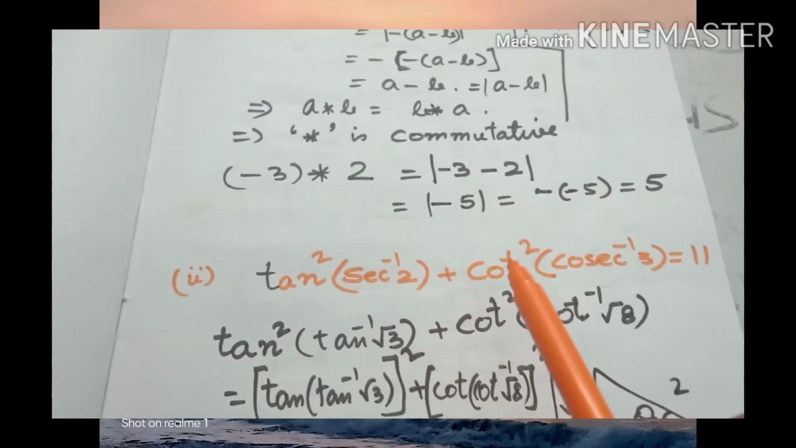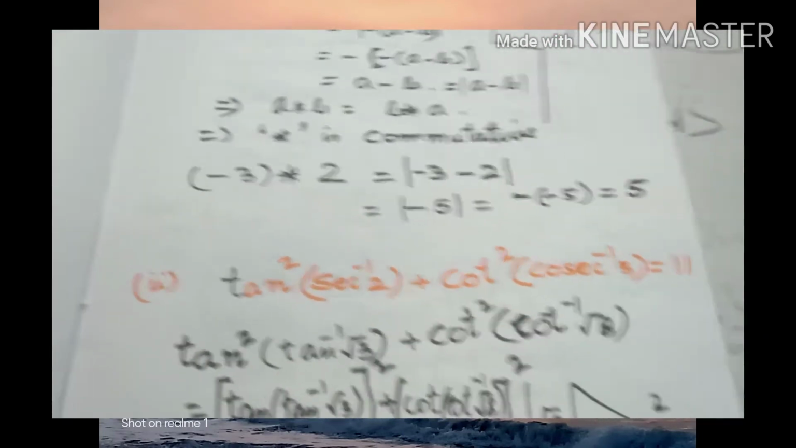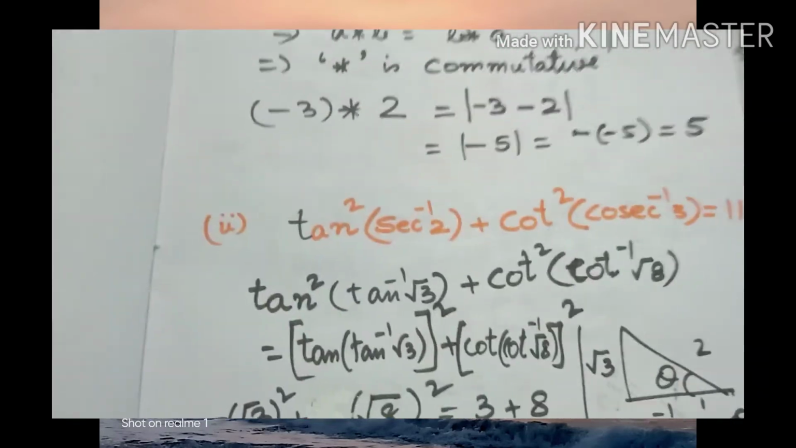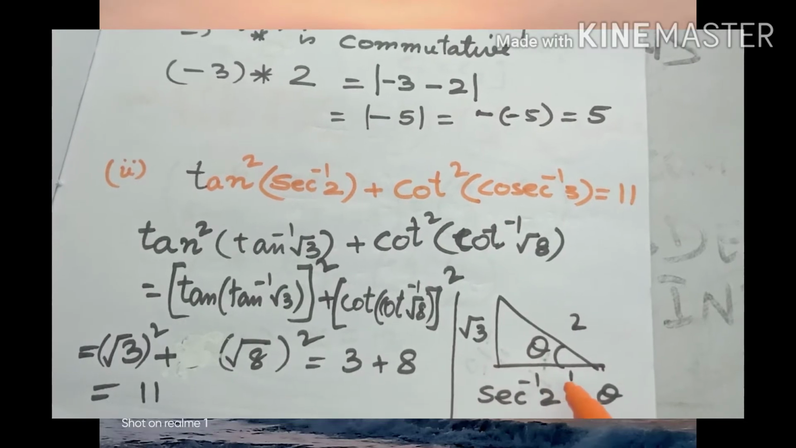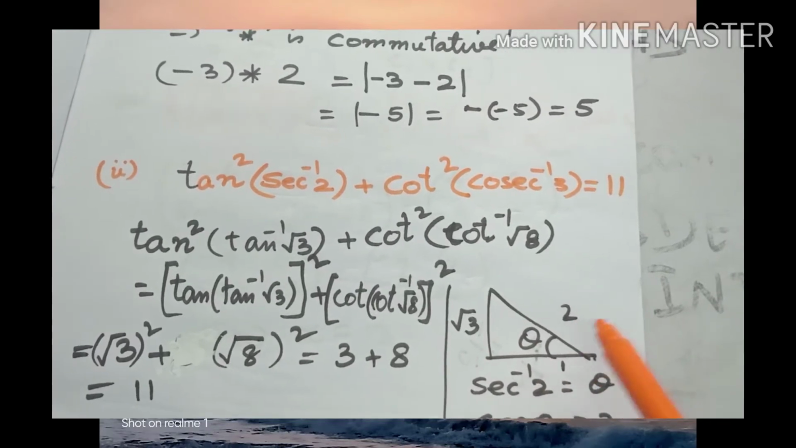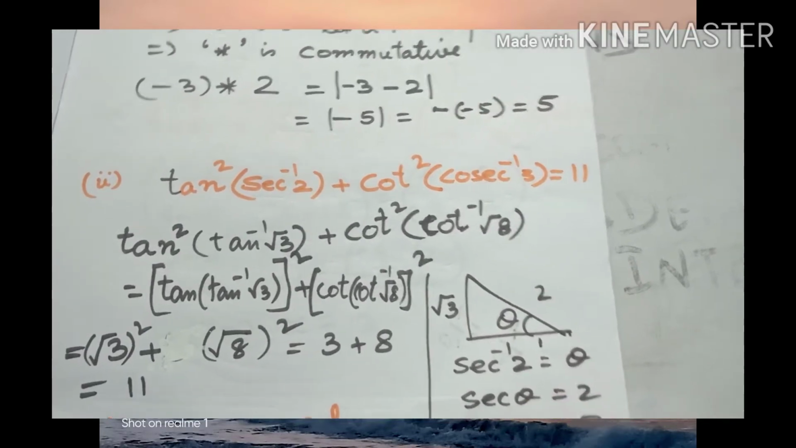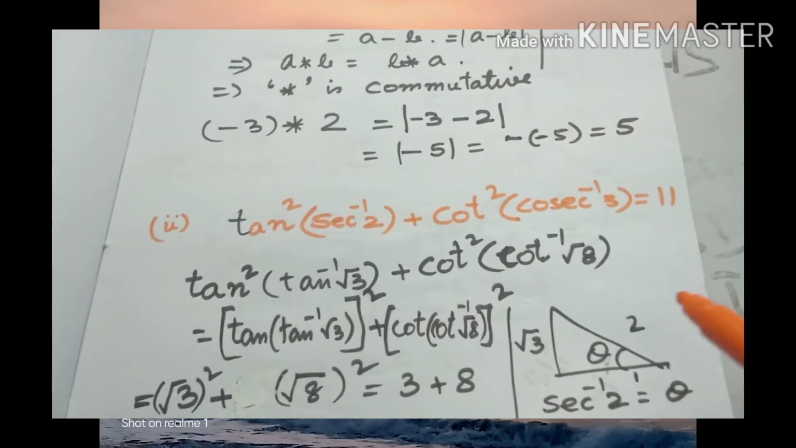tan square sec inverse 2 plus cot square cosec inverse 3 equals 11, we have to prove. So as you can see in that triangle, if I take the perpendicular as root 3 and base as 1, hypotenuse will be 2. So sec inverse 2 is theta. So sec theta is 2. Hence tan inverse root 3 will be equal to